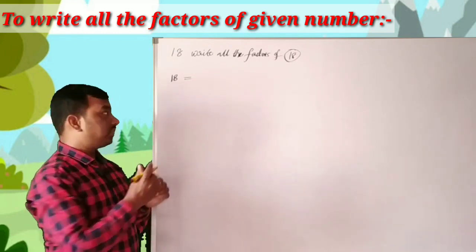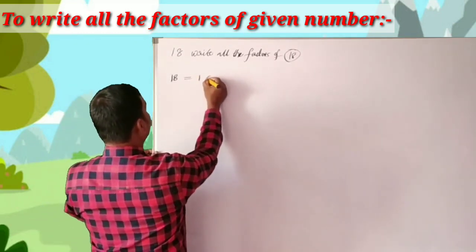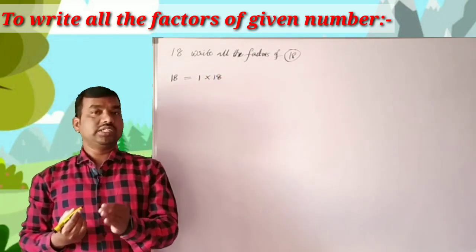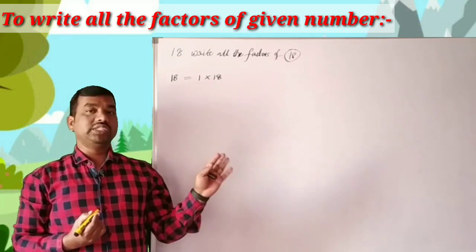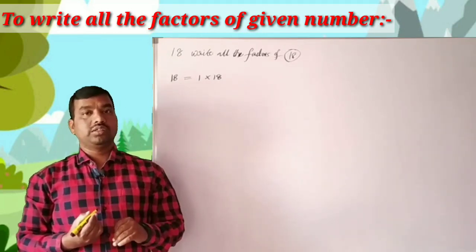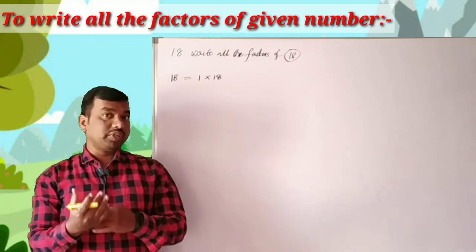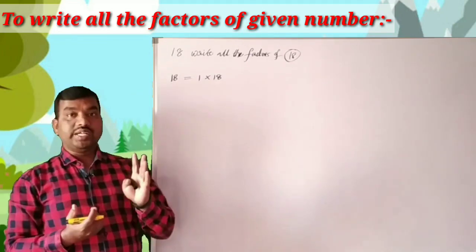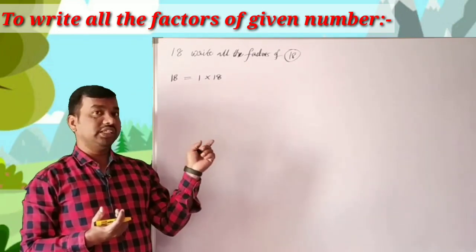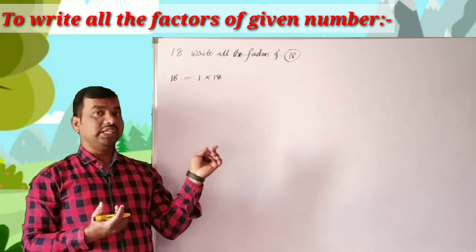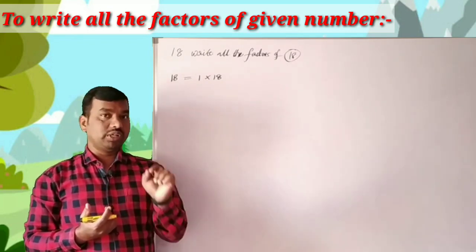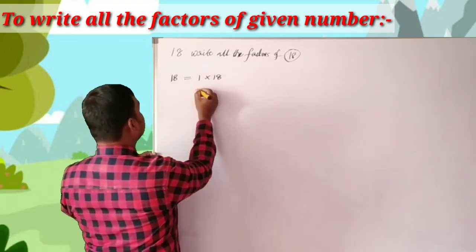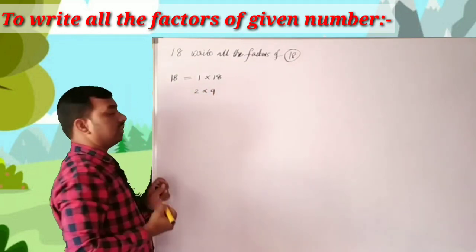So first you take 1. 1 into 18, 1 18s are 18. 18 minus 18 is 0. Next we have to take the next number, 2. By 2 we have to divide 18. 2 9s are 18. In the second table we can find 18. That means 2 9s are 18.